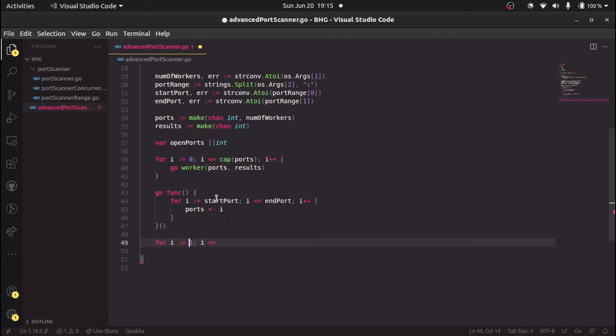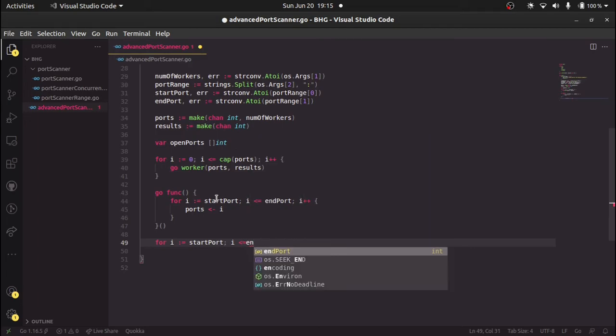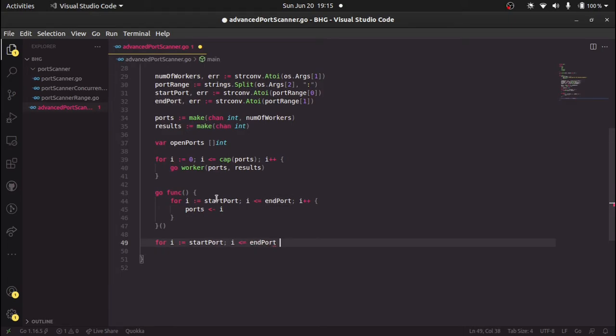Okay, so this time it won't start from 1. We'll say start port, and this is the reason why we don't need a wait group here, because we know the port range on which to wait. And so here we'll say i less than or equal to end port, i plus plus,